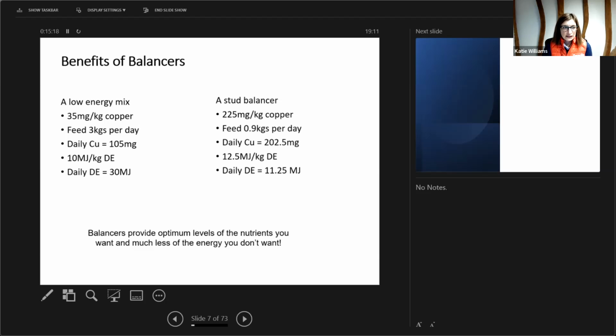But you can see here I've taken a key mineral that's really important for breeding stock and young stock, which would be copper. It's really important for things like tendon elasticity, helping to reduce the risk of DOD, developmental orthopedic disease. Now, if we were using 3 kilos, which is a lot of a cool mix, you would be getting about 105 milligrams of copper per day from that feeding rate. And because the energy is around 10 megajoules per kilo, digestible energy, it's giving you 30 megajoules per